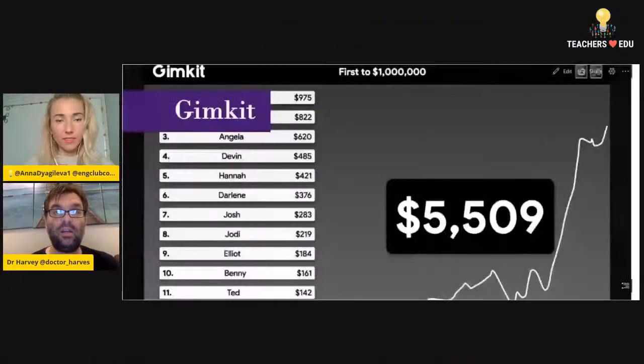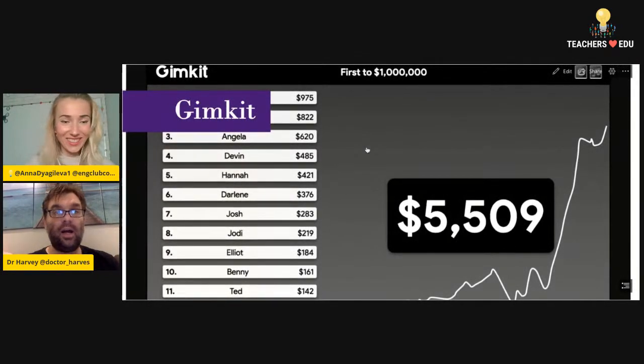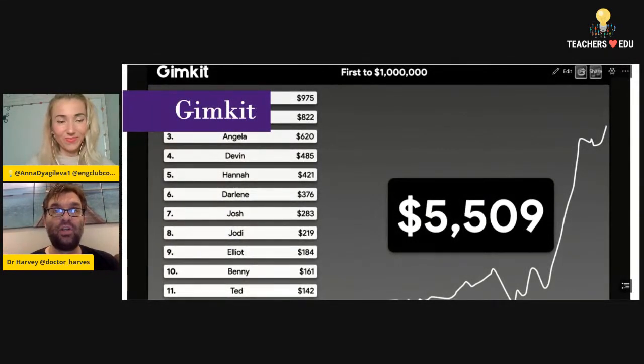So today I'm going to discuss Gimkit. Gimkit is an application that I learnt about 2 years ago. I also had the advantage of meeting the creators of Gimkit at ISTE last year in Philadelphia. They invited me to drinks, so I had a nice Mexican meal with the creator, who was 18 now, but at the time was a 17-year-old high school student, and he designed this game because he wanted to make learning more interesting.